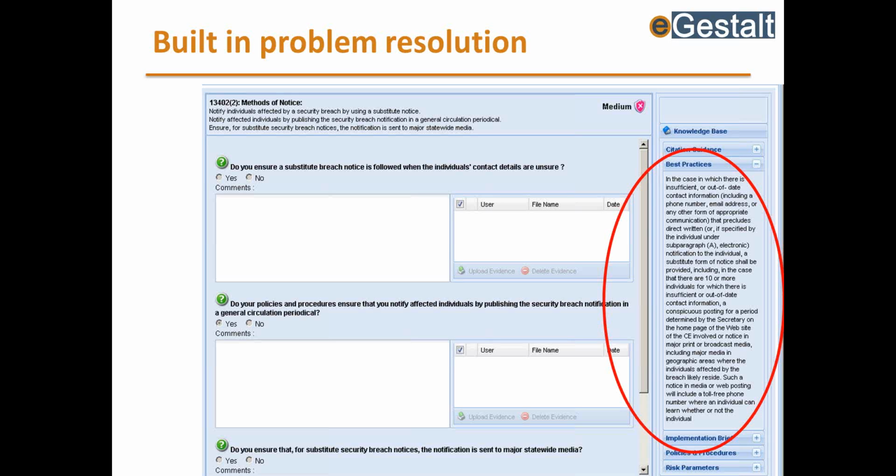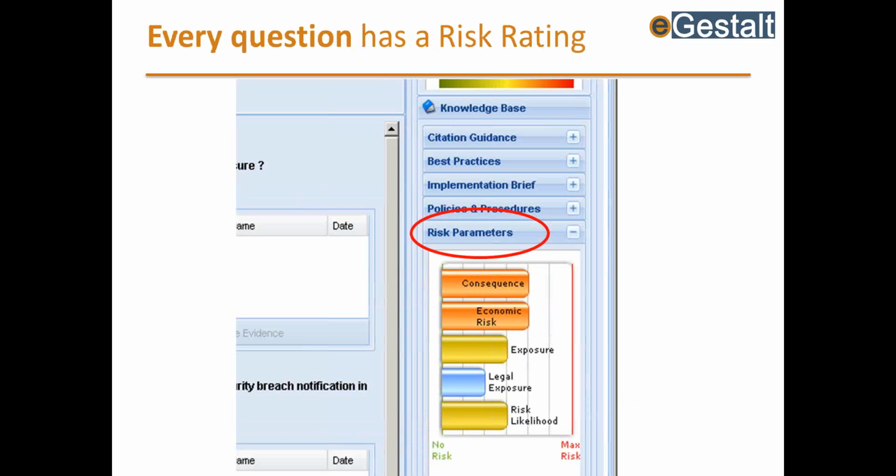So the objective here is to provide you with ample guidance, which is available to you right there in the tool, so that you're able to understand what's required from the HIPAA HITECH perspective and then take steps to go about implementing it while complying with the law. And the risk parameters are built into the tool so that you know